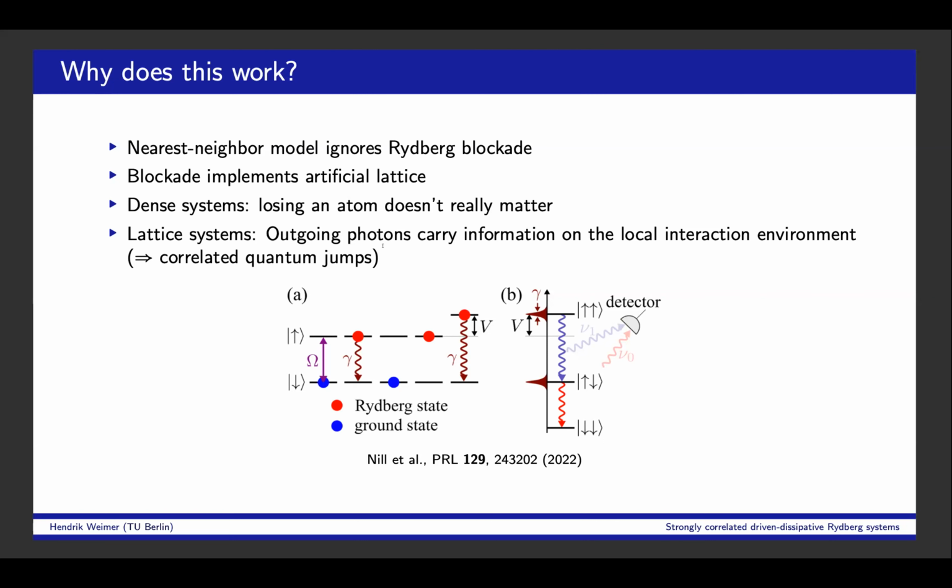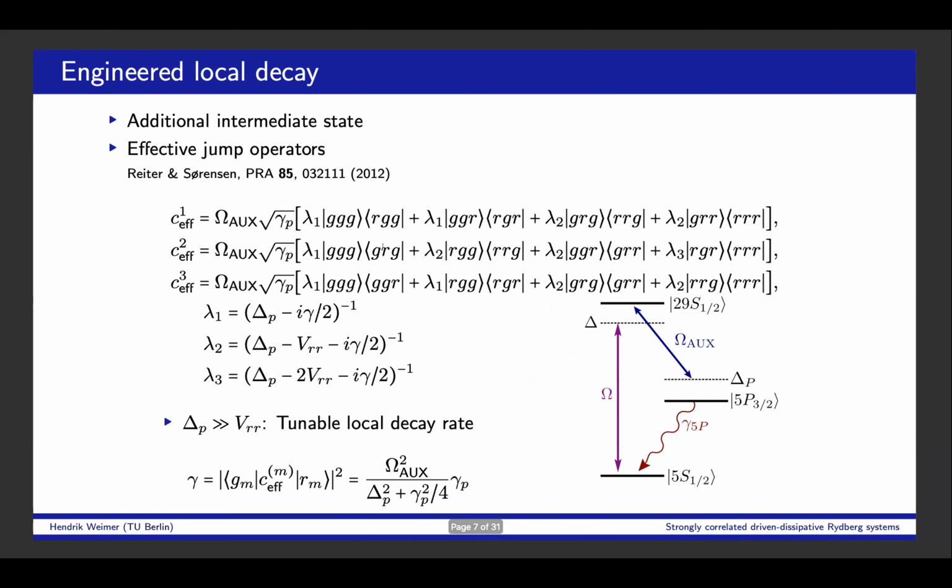And something that Igor has recently pointed out is also that if you go to a lattice system, there are additional complications that can come into play: outgoing photons can carry information about the local environment, because the color of the photon encodes whether you have some interactions to neighboring Rydberg atoms in your system. So we kind of came up with a solution, at least to the last problem,